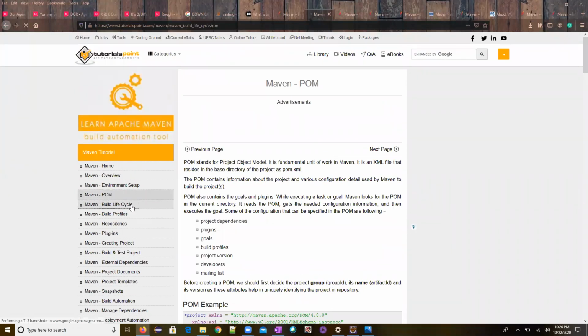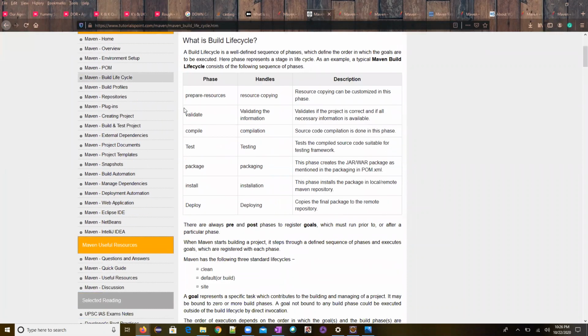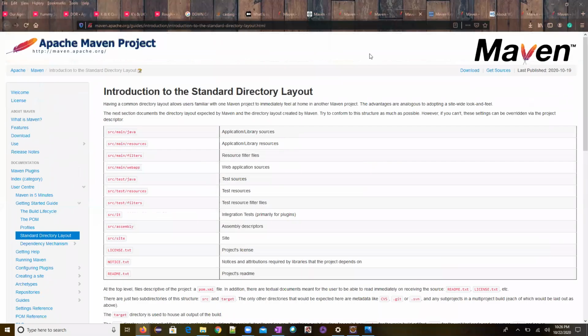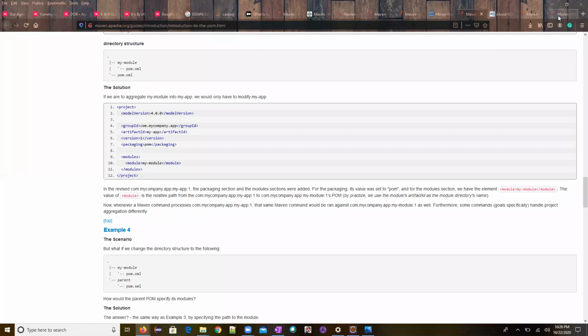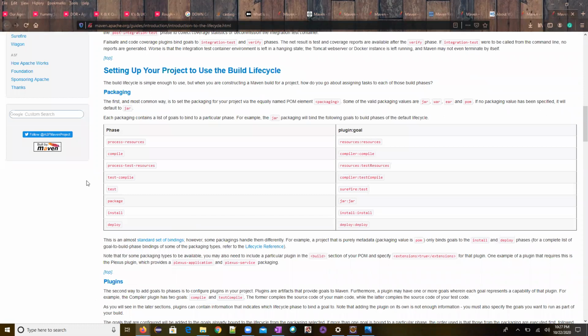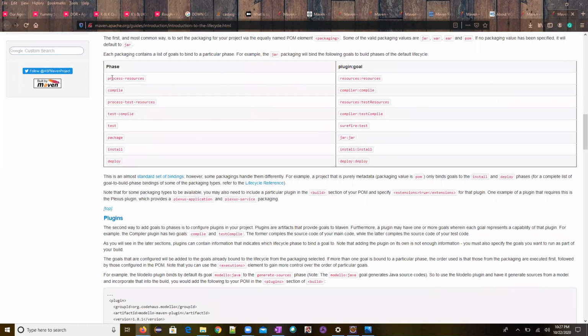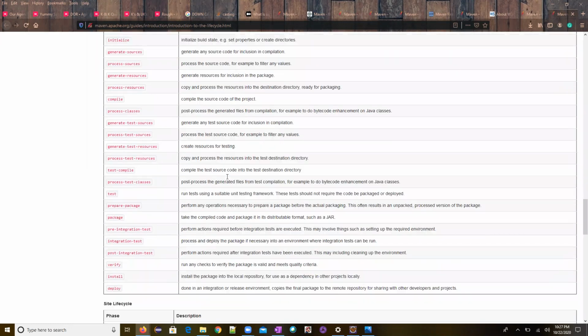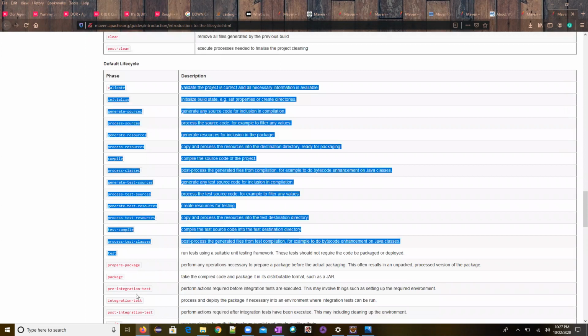Okay, now I'll come to this, the build cycle. Now if you see here, validate, compile, test. If you go to different documentation, you'll have different ones. Now let's see the official documentation for these builds, the Maven build lifecycle. This is one build cycle. If you see here, there are many phases. If you see all these particular phases, just keep that in mind. These are all called phases.